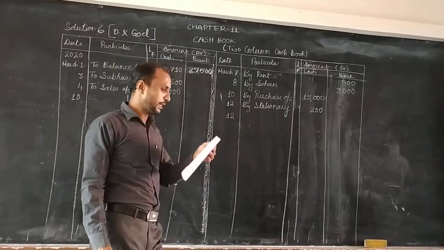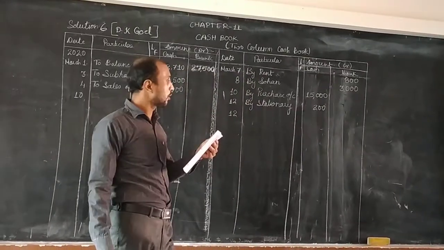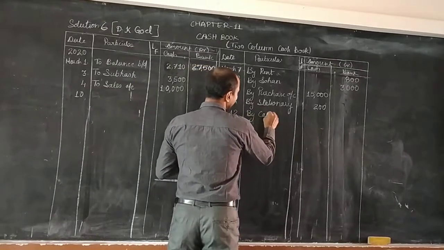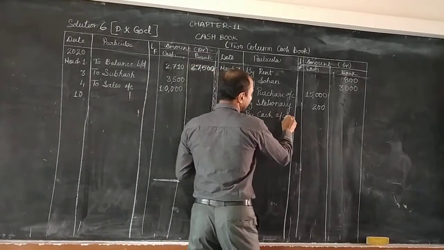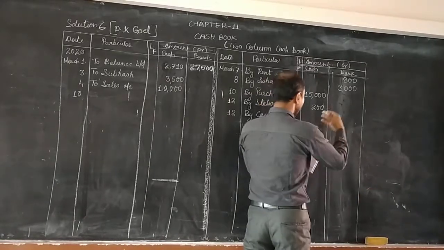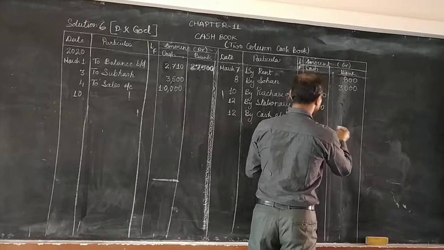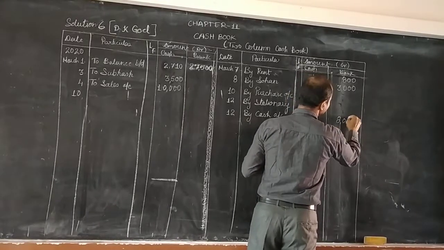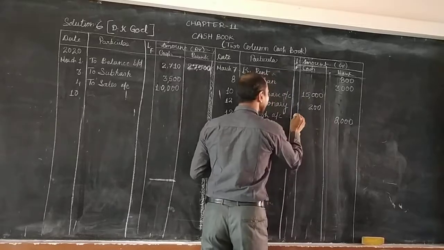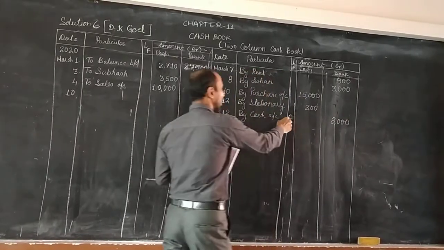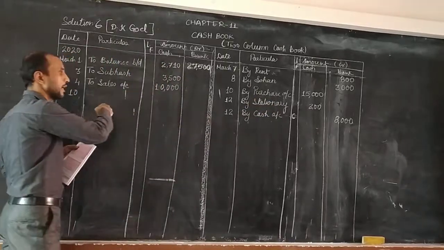So contra entry in this payment of cash. Cash जा रहा है, by cash. It is what? By cash account, and amount is going to be, because we are going to draw it from bank, we will subtract it from bank. How much amount is this? This is your 8,000 rupees. It is what? 8,000, and here you write C. This C stands for contra. Contra means you have to make one more entry on this side.